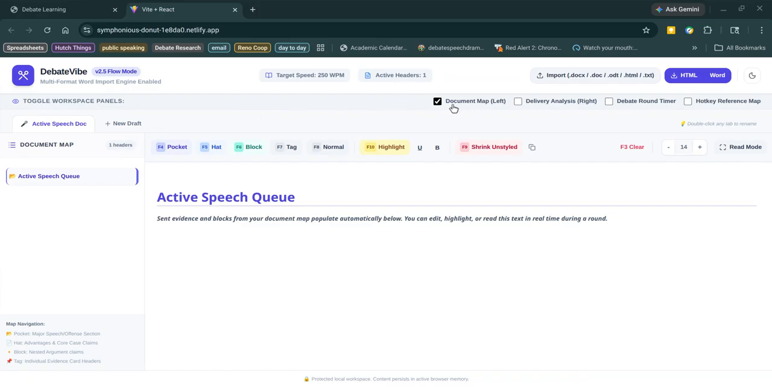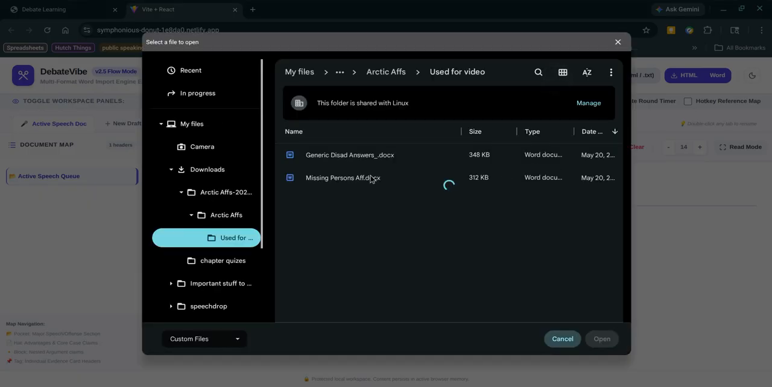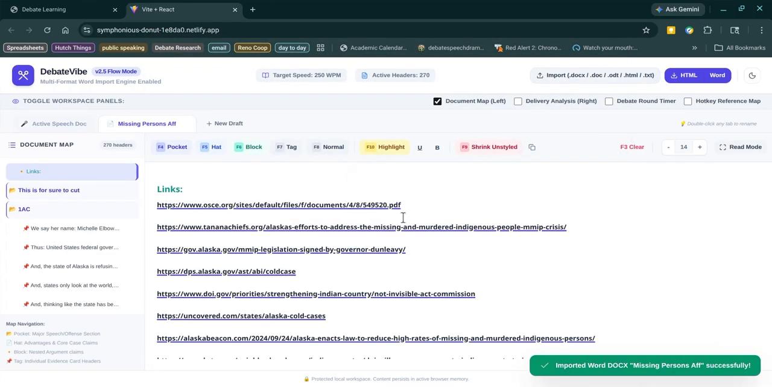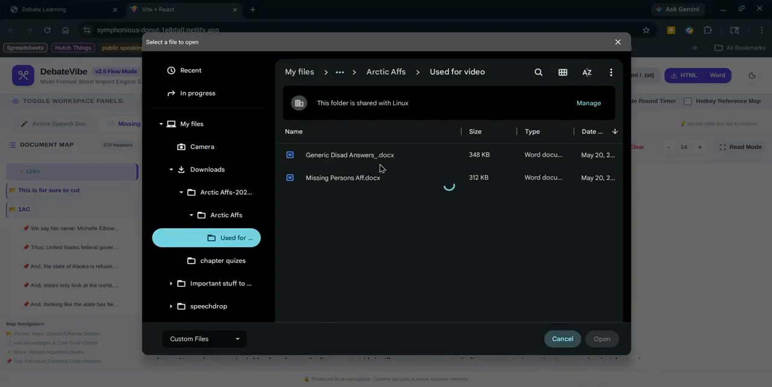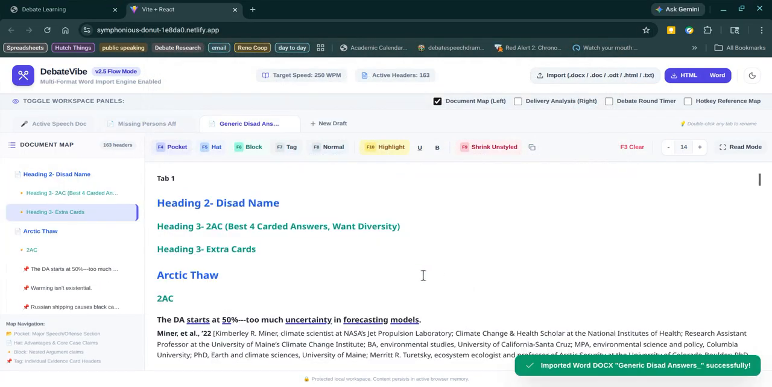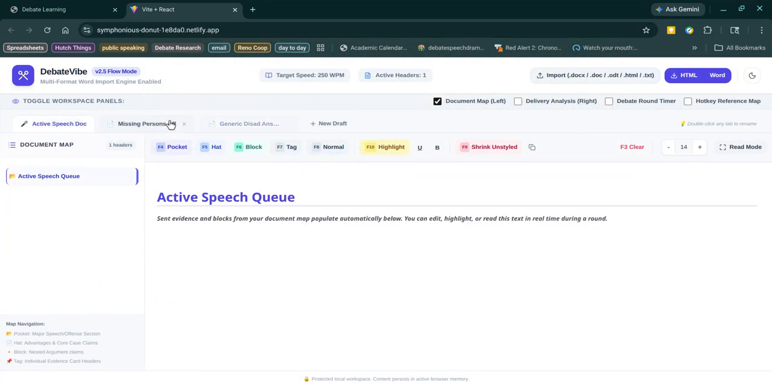So the next thing you're going to need to do is get the files you're going to debate with. I'm going to assume you've already put them into one of the respective file formats that works with the DebateVibe app. So I'm going to upload my missing persons AF, and I think that I might be doing some disad work in this one. So what you can see is when I've uploaded them, I now have 3 tabs along